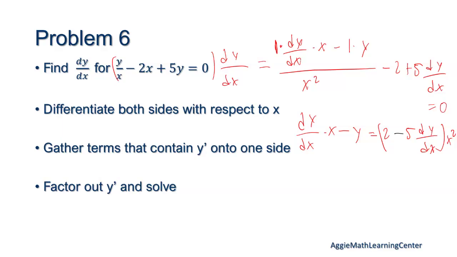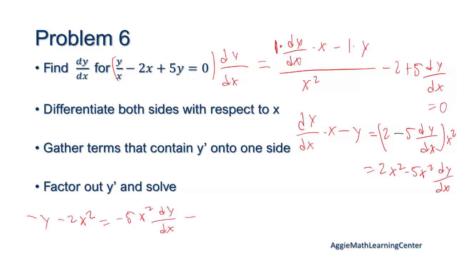Oh yeah, because you can just multiply. Yeah, you do it last. You can also do that. This is what I'm gonna do actually. So then this is just going to be 2x squared minus 5x squared dy dx. And so then we'll get the whole equation. If I move the dy dx terms to one side and the other terms to the other side, you'll get negative y minus 2x squared is equal to negative 5x squared dy dx